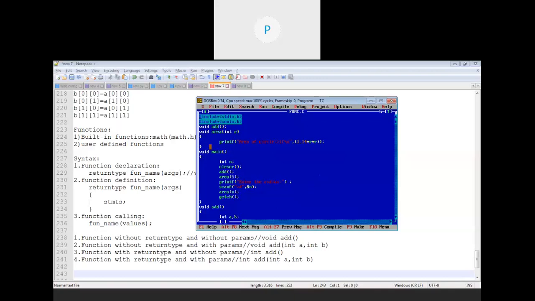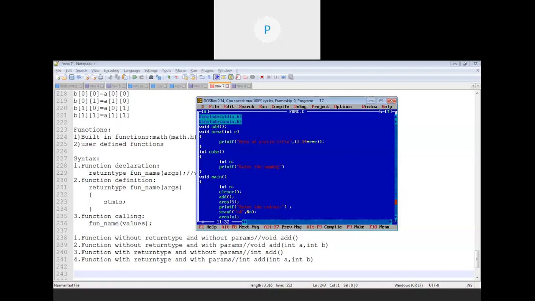Okay, done. So this is the second way of creating a function. Now the third one. Third is creating a function with return type and without parameters. Now, how to use this type of function? Let's say I have taken int cube. This function doesn't have any argument, so obviously I need to take that data from the user for calculating the cube of a number,